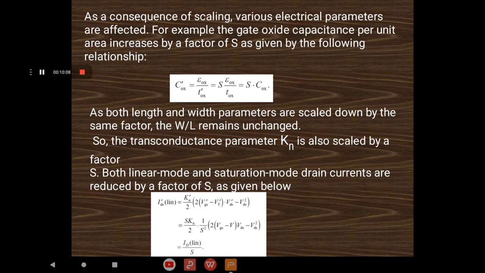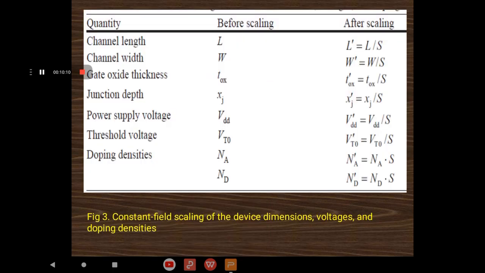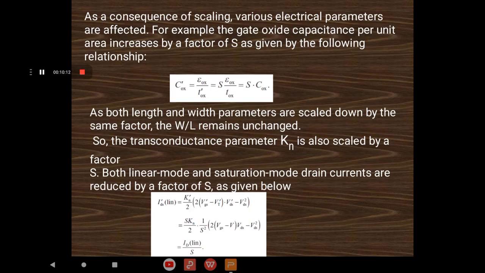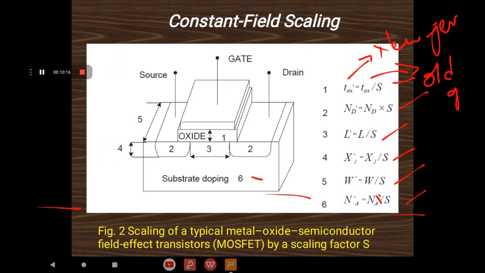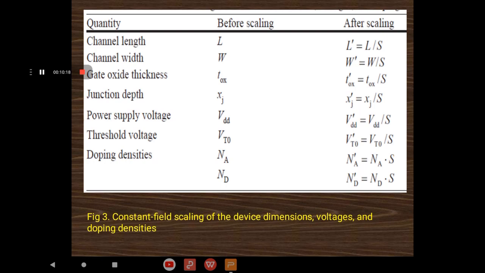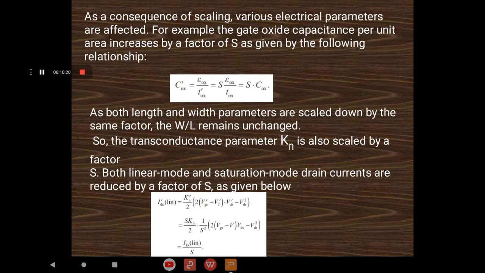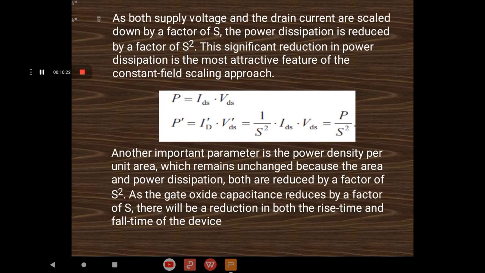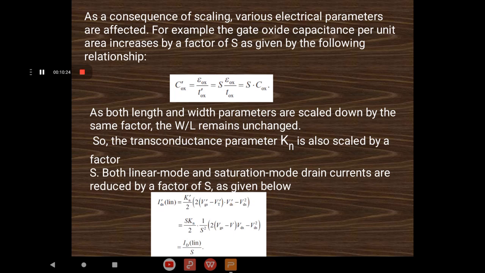So from that we finally know that S into Cox is increased by a factor of S,